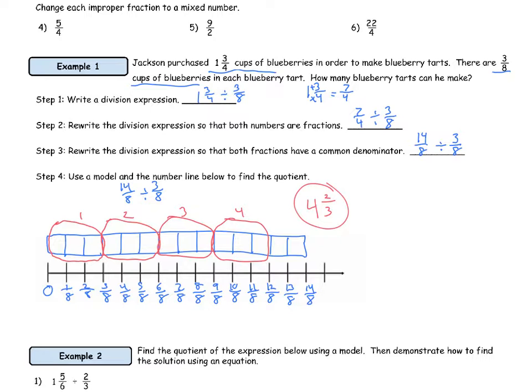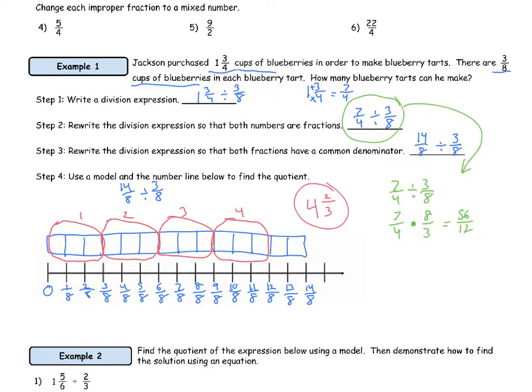Now I want you to notice what would happen if we took 7/4 divided by 3/8 and used the same process we've been using for the last few days, which is to multiply by the reciprocal. So we have 7/4 times 8/3, and of course we can multiply straight across. 7 times 8 is 56, and 4 times 3 is 12. So we get